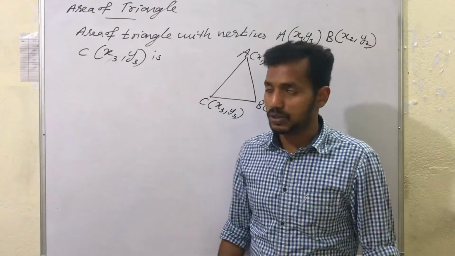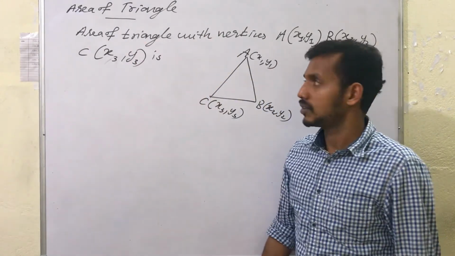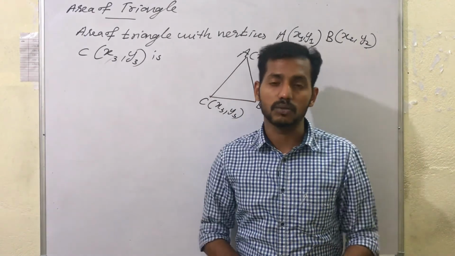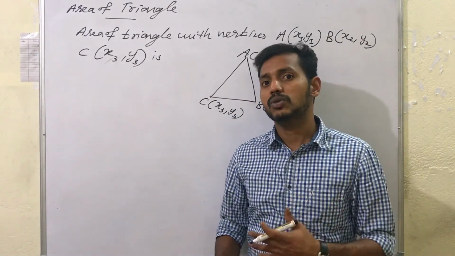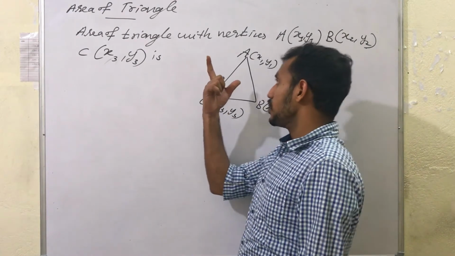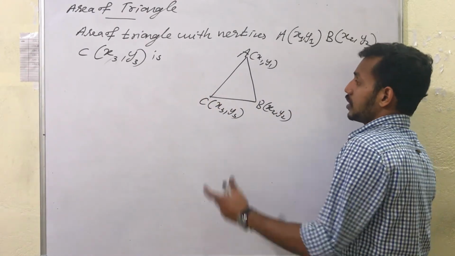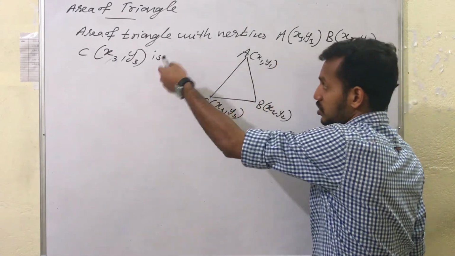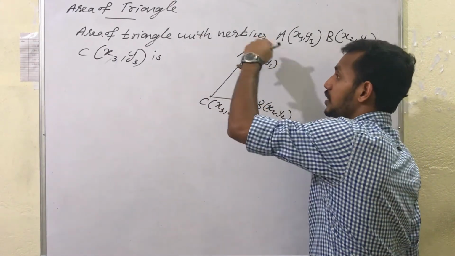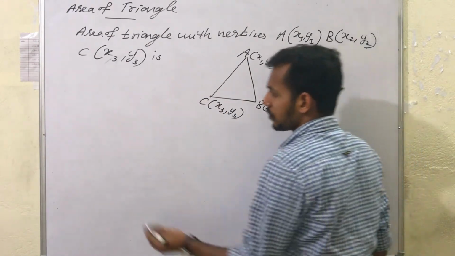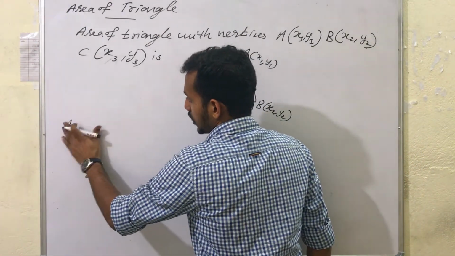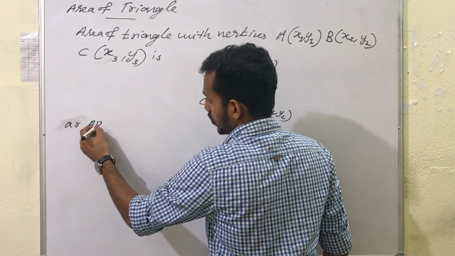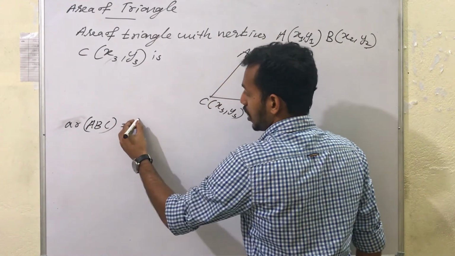And the last topic of this chapter is area of triangle. We have learned many formulas to find the area, like half base into height, and Heron's formula. Here we use the formula to find the area of a triangle if the coordinates are given, instead of the length of the sides. It is a very simple formula. We can write area of triangle ABC as half into,